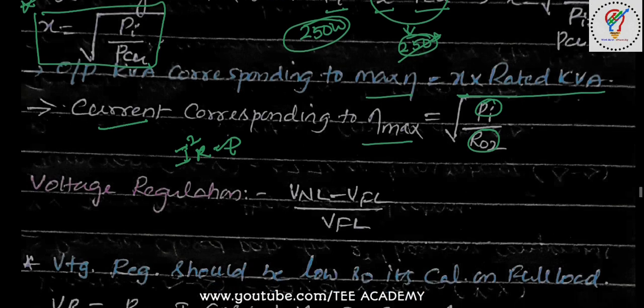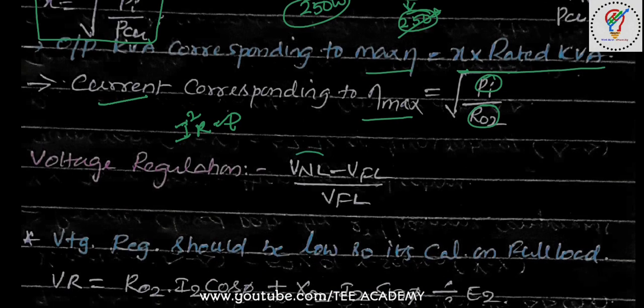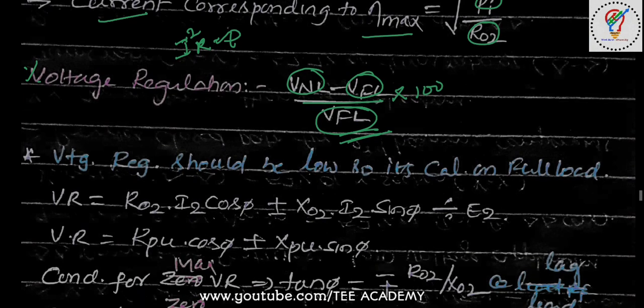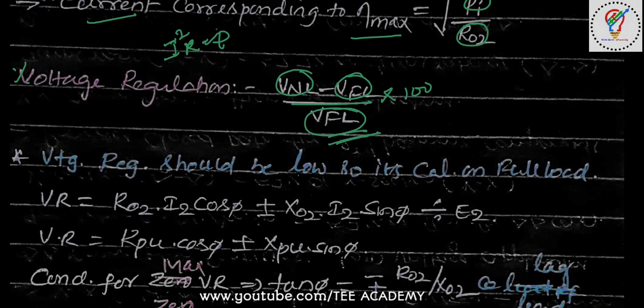Now voltage regulation is the difference between no load voltage and full load voltage, specified in terms of full load voltage. Remember, it is the full load voltage, and if you want percentage, you multiply with 100. Voltage regulation should be as low as possible, so it is calculated on full load voltage. For example, let me take 230 volts as no load voltage, and the full load voltage will be say 200 volts. Whatever the voltage regulation is, we should try to keep it as low as possible.